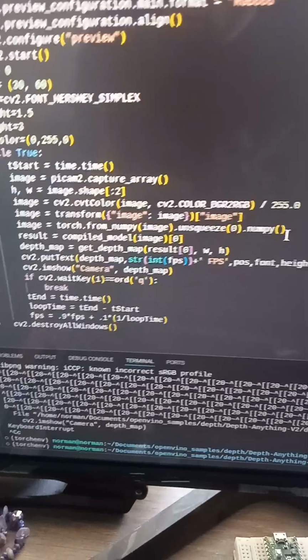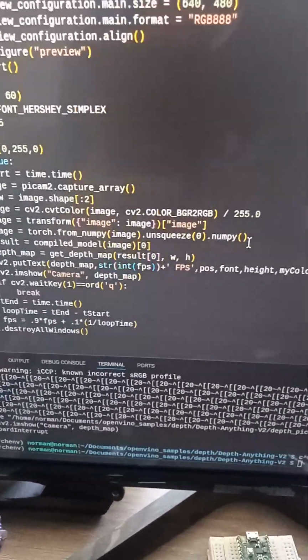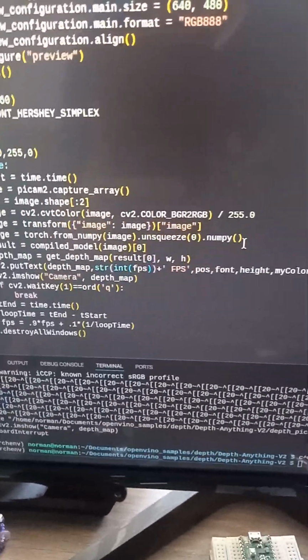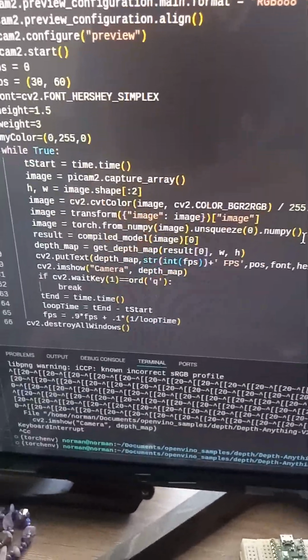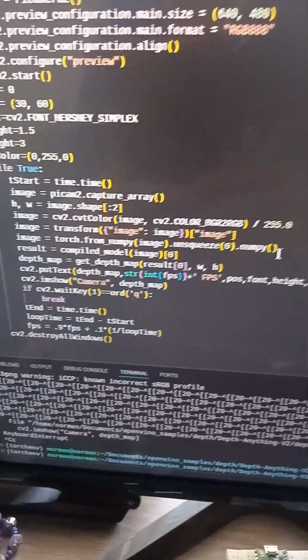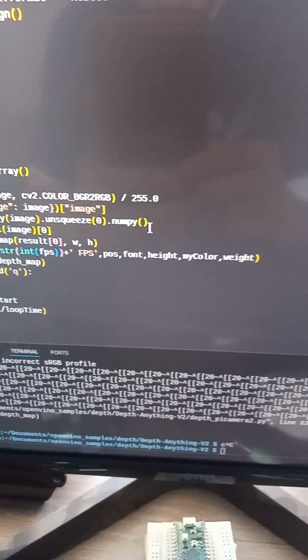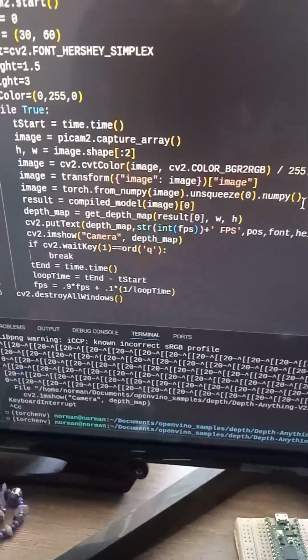Then we have our depth map where we call the get depth map, where we use result with the index of 0, and we have our width and height. And then we put the text for the frames per second on the depth map using the string of int FPS. We use our position, font, height, my color, weight, and then we show the depth map on the screen